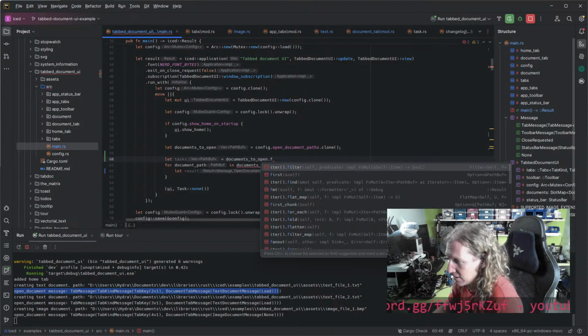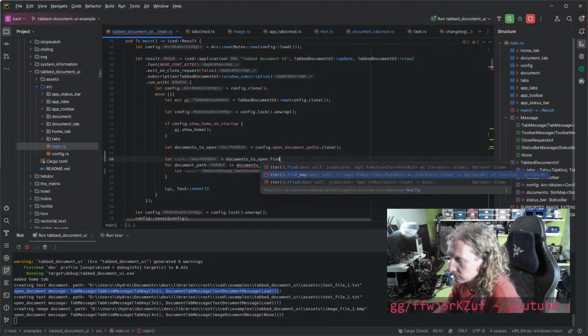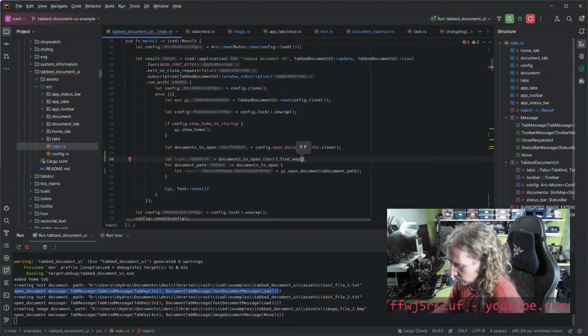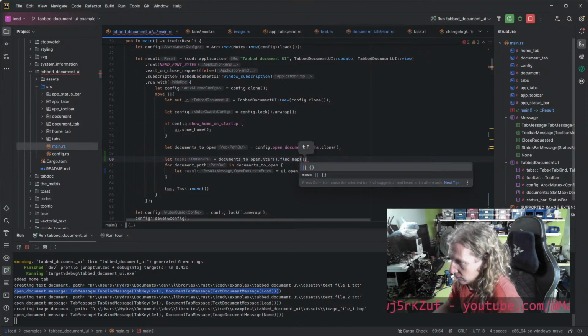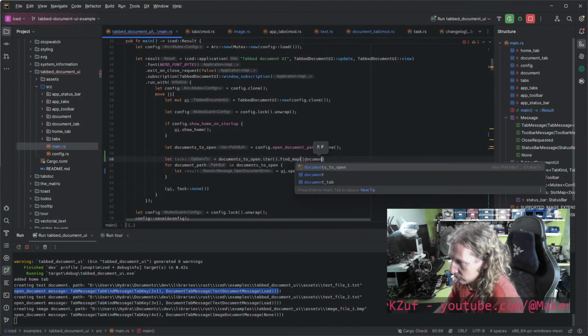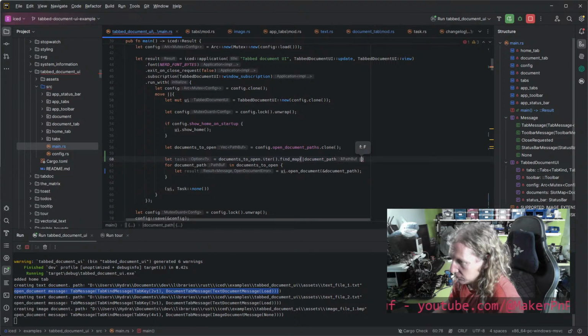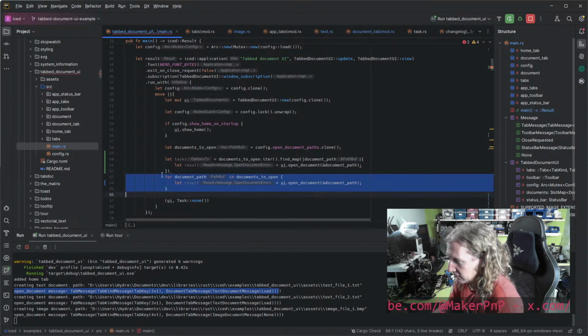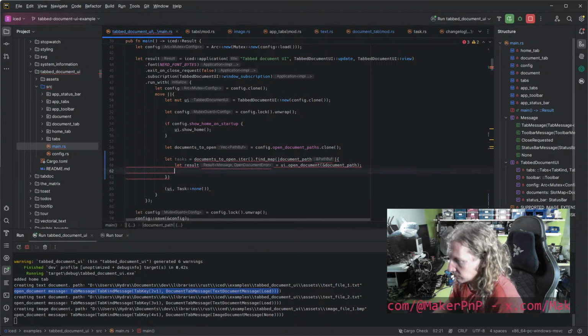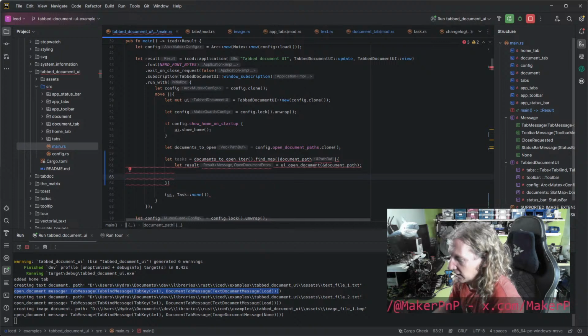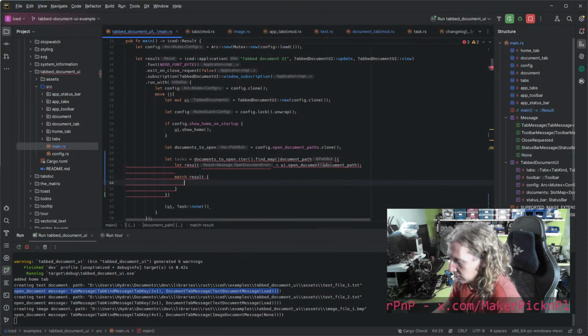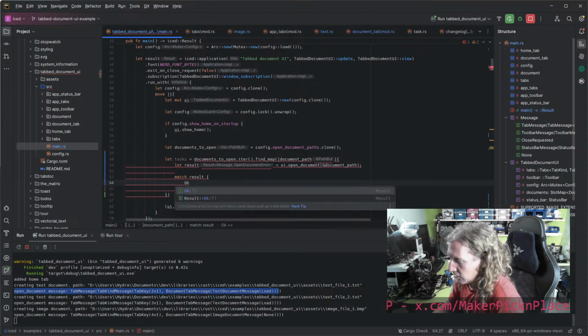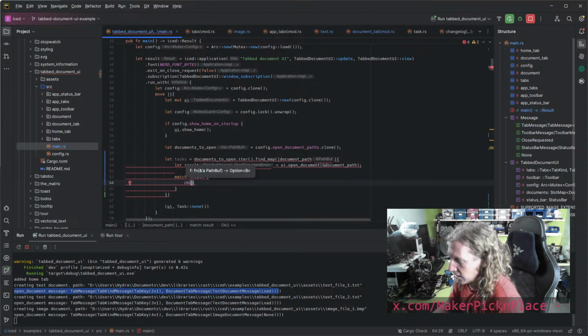Find map, maybe? And then somehow we get a result from one of these. And then if we've got an OK